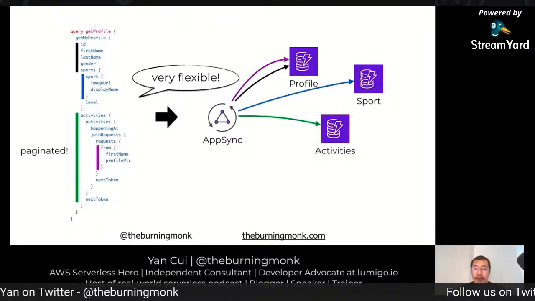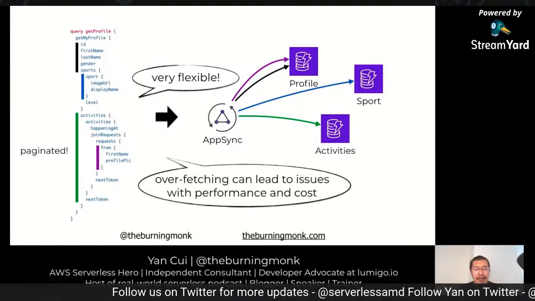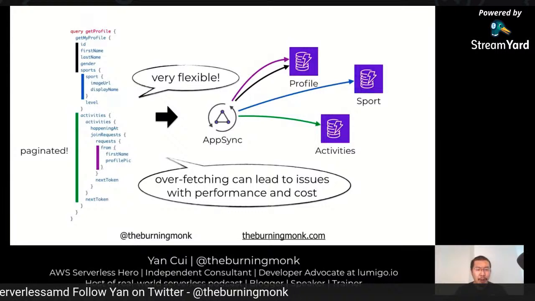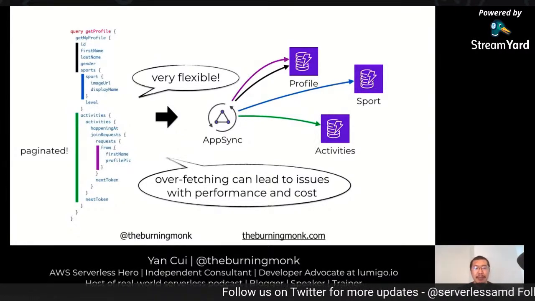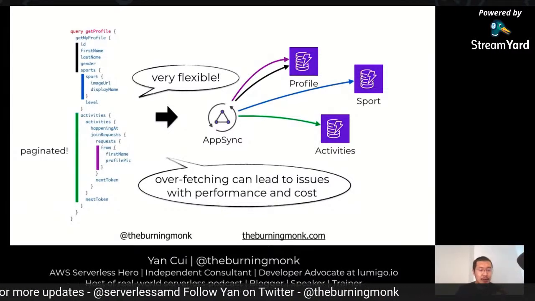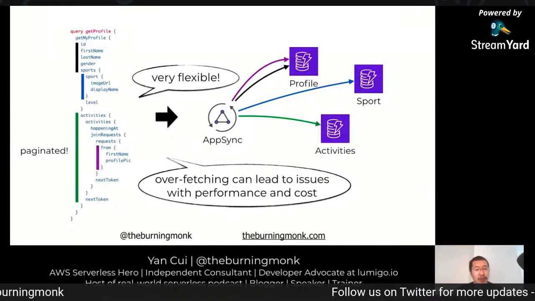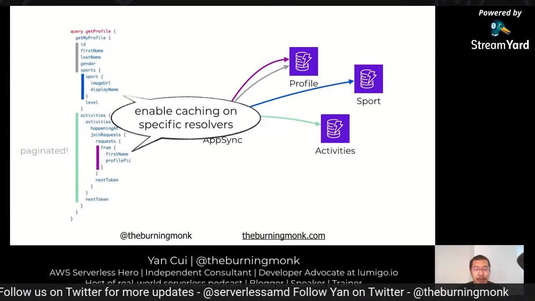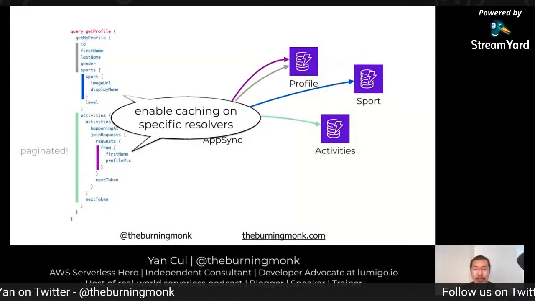So as you can see, this is all very flexible. The client can basically ask for any information that they need, but you can probably also sense the danger here as well, that the client might end up asking for a lot more information, and you can have really deeply nested queries that can start to impact performance because you have all these nested resolvers that may have other nested resolvers as well. So it can have a really big impact on the overall performance, but also on the cost you have against, say, DynamoDB.